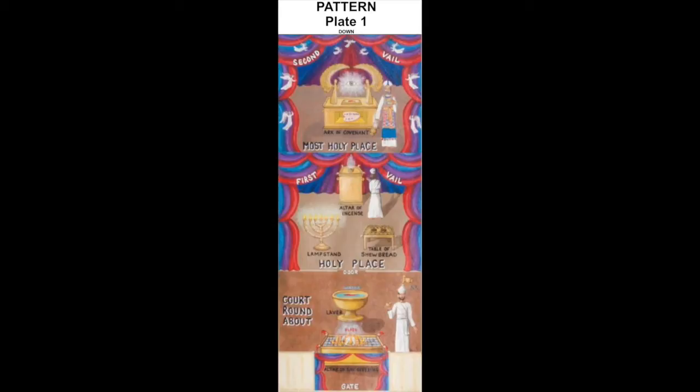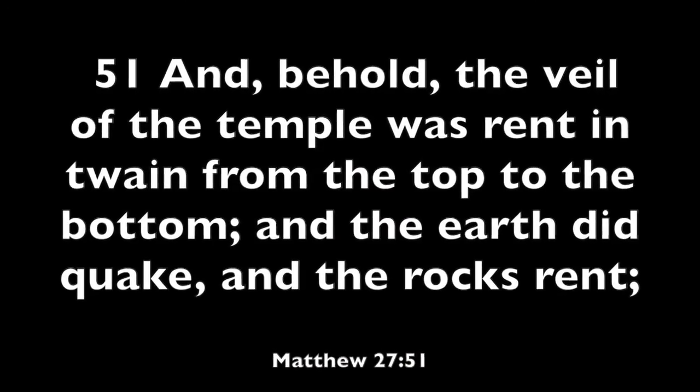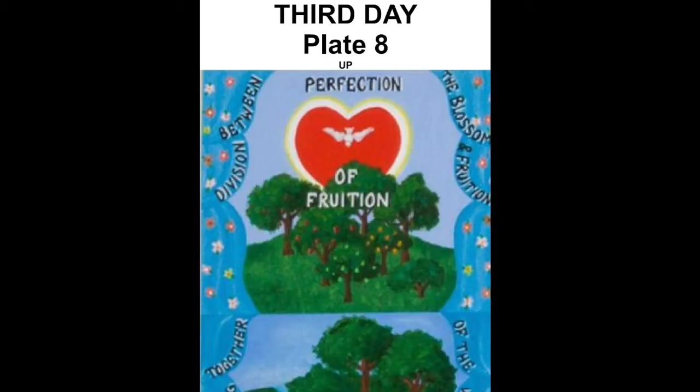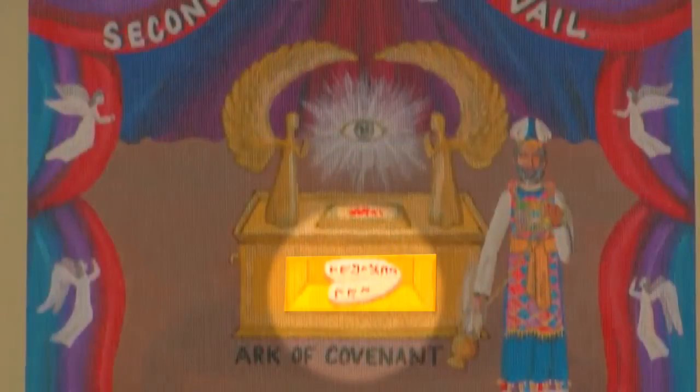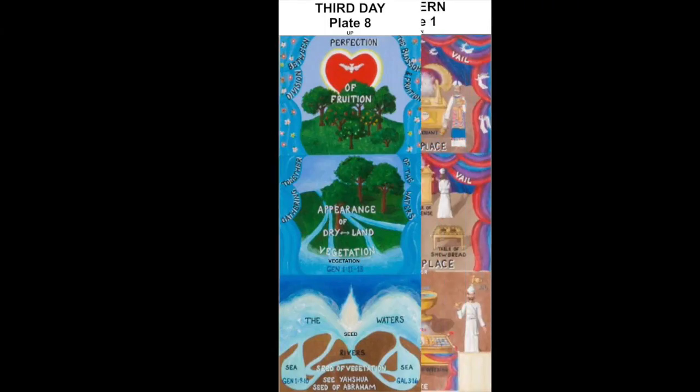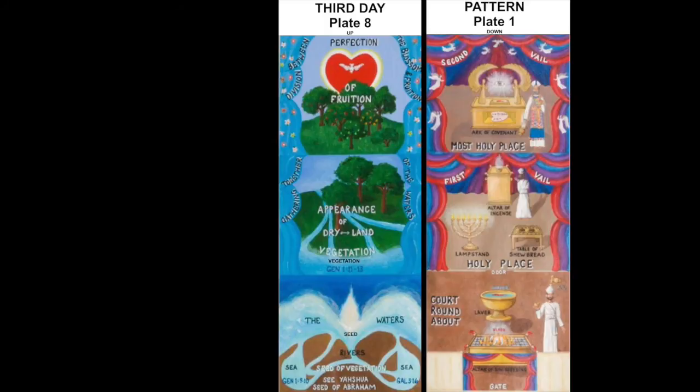being the figure of his body in Matthew 27:51. Finally, entering into the most holy place, plate 8A, the vegetation, unerringly controlled in all its operations by the law of spirit, grows into fruition as comparable to the most holy place of the pattern of the tabernacle, wherein we find the law of the Spirit symbolized by the tables of stone in the Ark of the Covenant, which govern the entire body of the children of Israel, from conception to maturity, which represented Yahshua the Messiah,